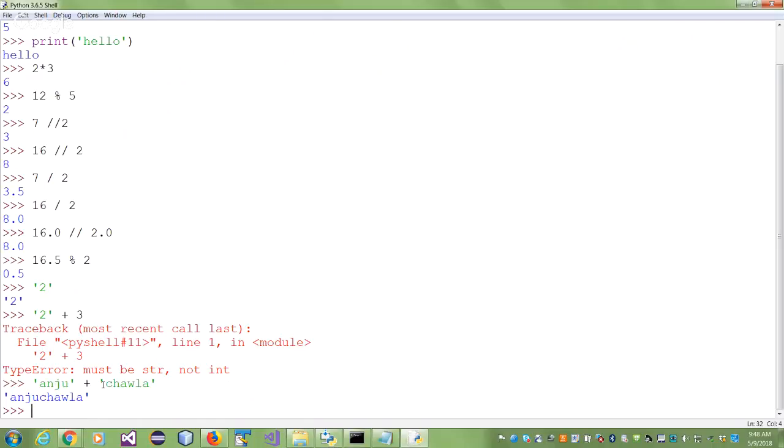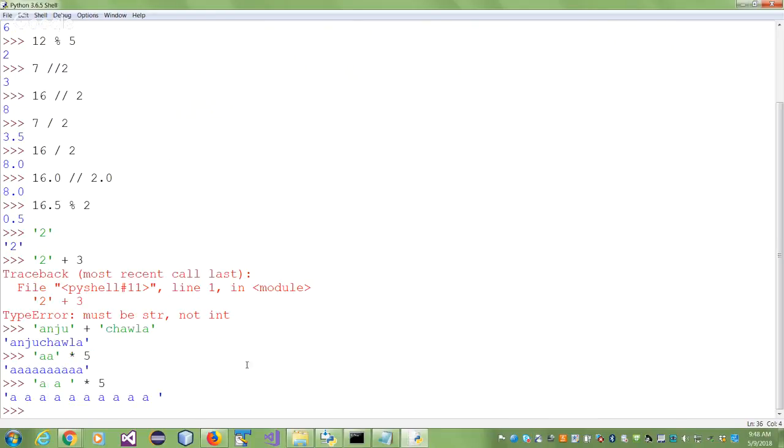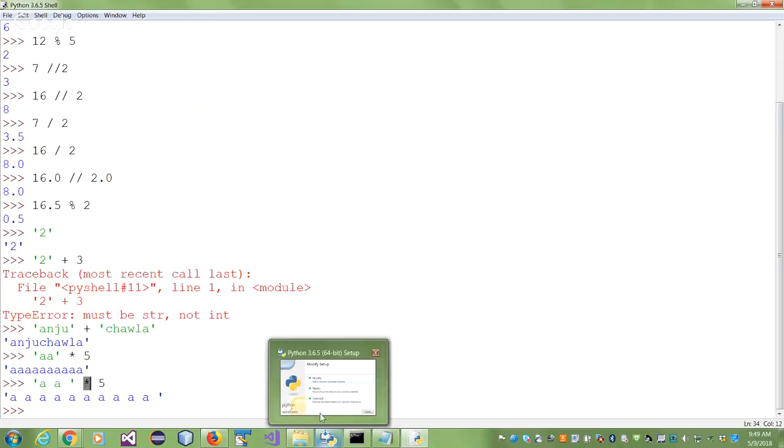Just as the plus, there is another overloaded operator, the multiplication operator. What does it do? It replicates. So the A is written 5 times. I could change it. I could say A blank, and now multiply it 5 times. And it will be exactly that. That will make it blank. So the first A, this is part number 1. Right? A blank, then part number 2, part number 3. So you can use the multiplication operator, and it is again overloaded with a string.